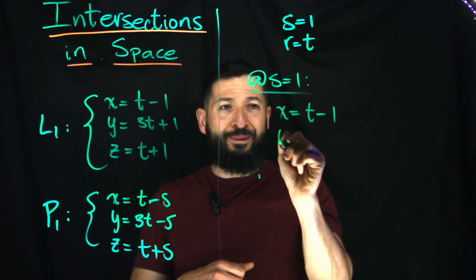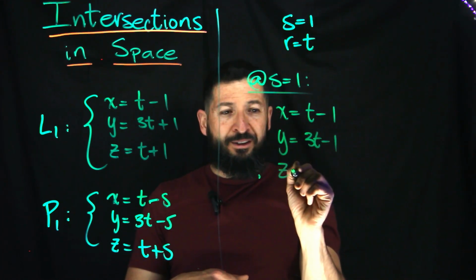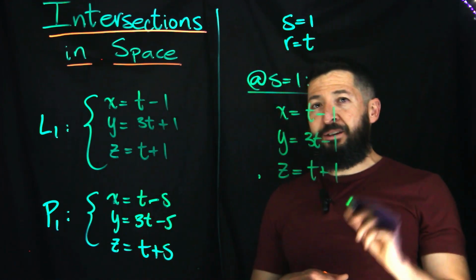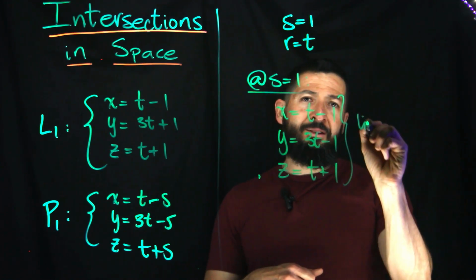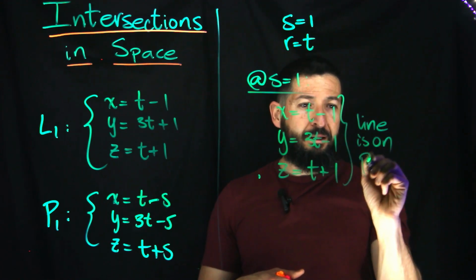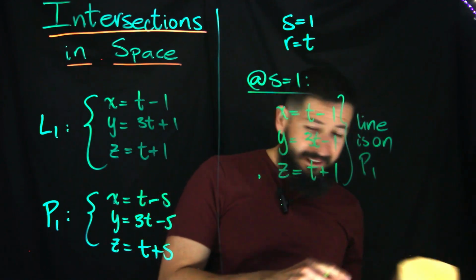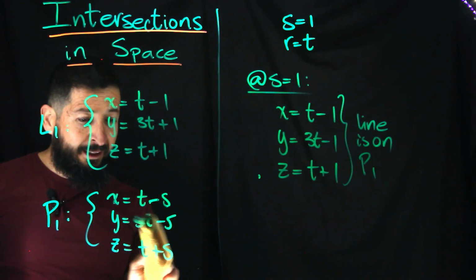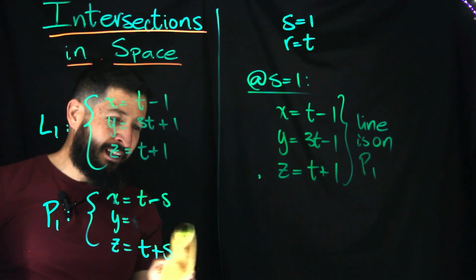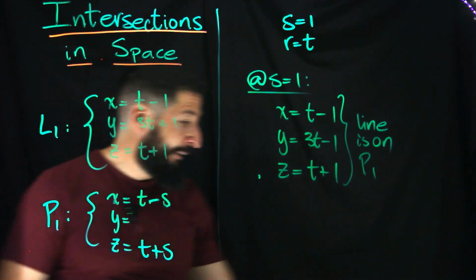So if you plug s equals 1, you get the equations of the line, which if I would have been careful, I would have noticed, but that then tells you that the line is on, actually it turned out to be a good example, is on the plane. Plane 1. Now, I could have modified this problem, and I did play before I started recording again. For example, you simply have to eliminate that dependence, that force t equals r. So something like